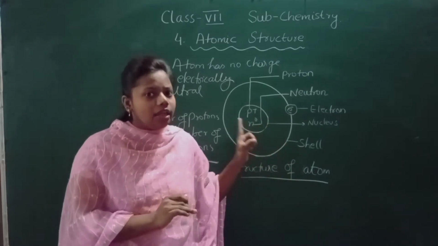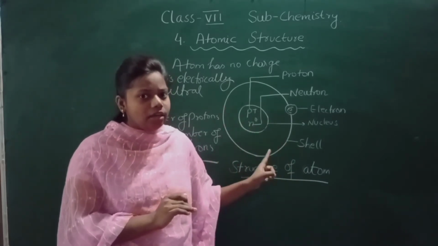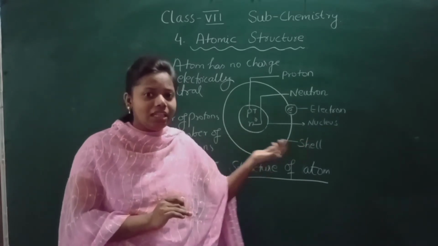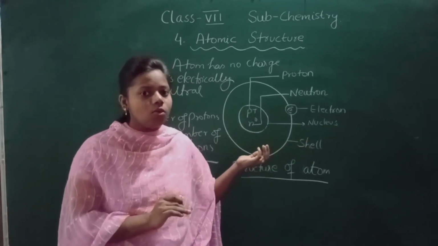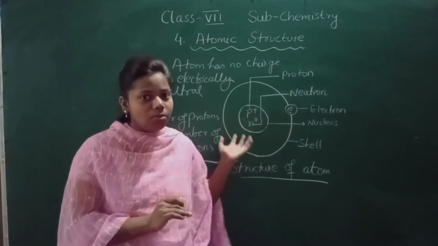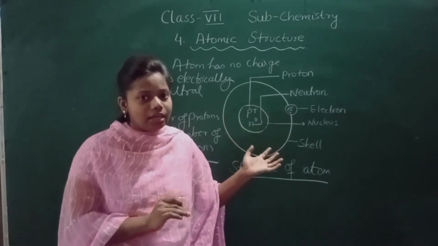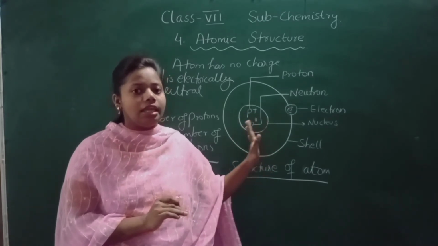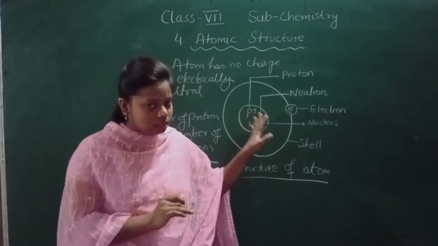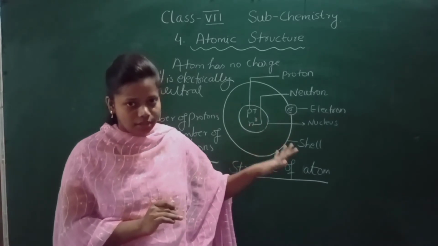Okay, and if an atom is gaining the electron, what does that mean? Electrons will be more, the negative charge will be more. So at that time the atom is negatively charged, and we call it an anion. Okay, when the atom is negatively charged, we call it an anion. Just to create a concept, I am telling you here, I'll teach you in ions.